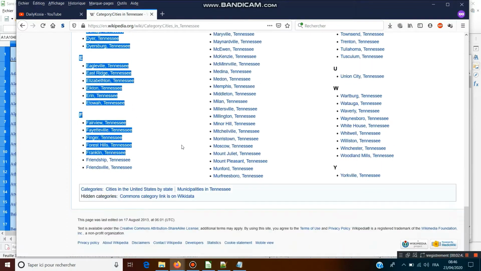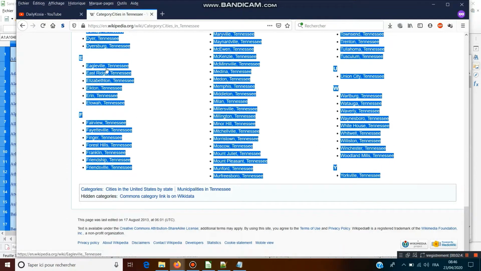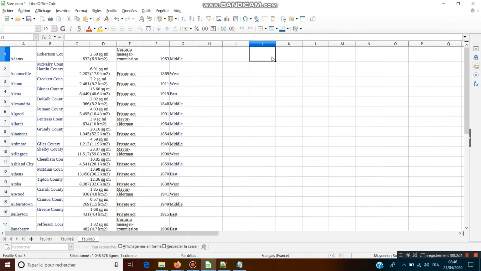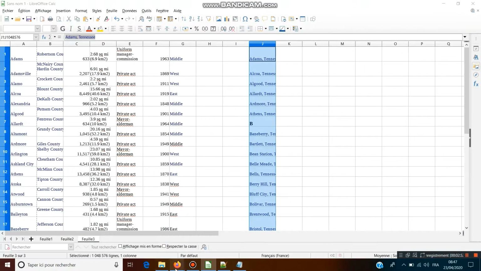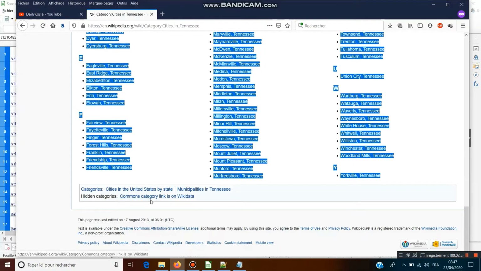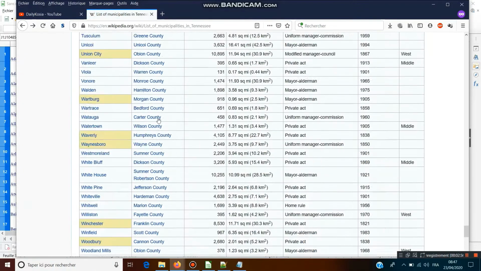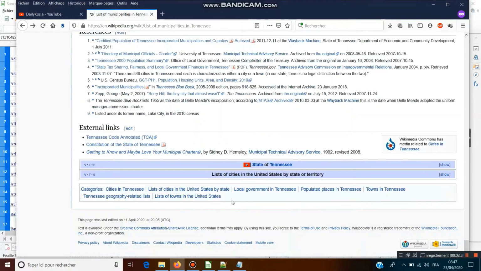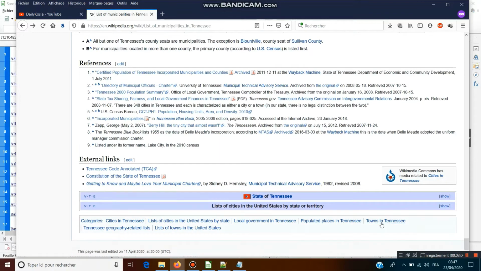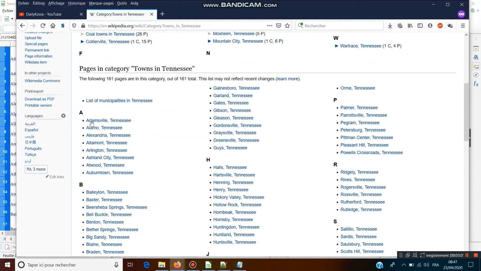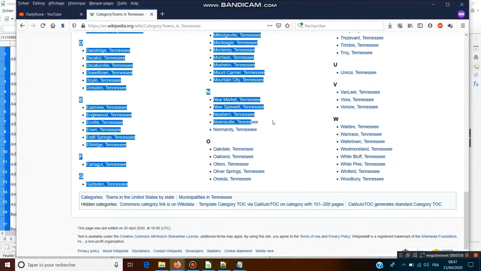So we have the list of page names, but I always copy and paste two lists: one of cities and towns from the list page, and the list from the Wikipedia category page of cities or towns.